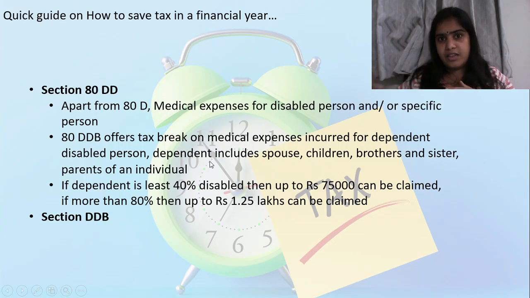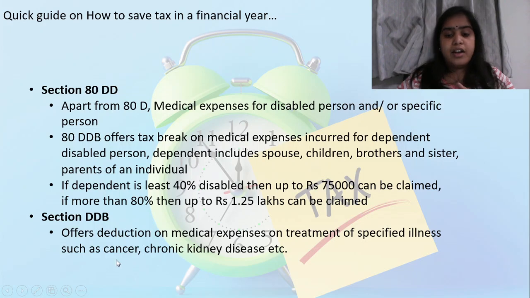If some family member is dependent on me and he or she is disabled, up to 40%, then whatever expenses I incur for their health, up to 75,000 can be deducted from my income. And if that person is more than 80% disabled, then up to 2.5 lakh can be claimed. What 80DDB says is that if I am the individual